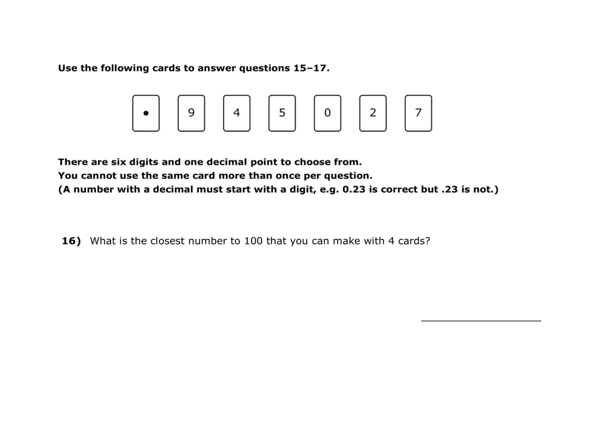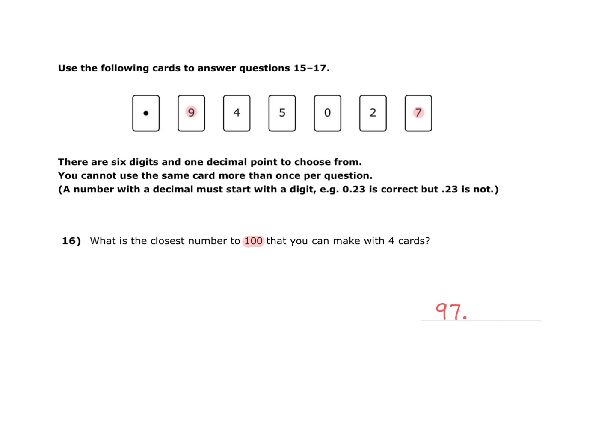16. What is the closest number to 100 that you can make with 4 cards? If we're looking to make a number which is the closest number to 100, then the first digit we should choose is a 9. We'll make a number which is 90 something, and we'll go for the highest number we can, so 97 is the highest number we can create, and then we'll use a third card which is a